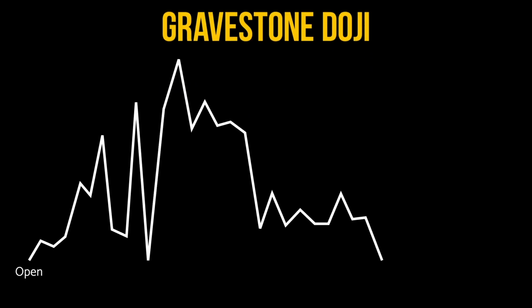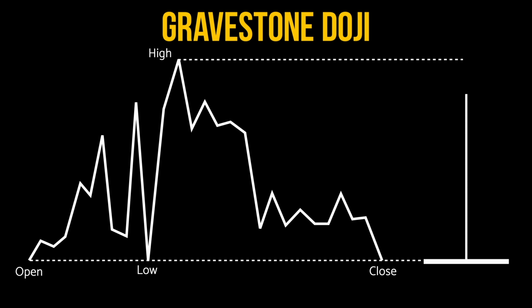And the inverse of the Dragonfly Doji is called Gravestone Doji, and it forms when the open, low, and close are equal and the high creates a long upper shadow, and the resulting candlestick looks like an upside down T. Gravestone Doji indicate that buyers dominated trading and drove prices higher during the session. However, by the end of the session, sellers resurfaced and pushed prices back to the opening level and the session